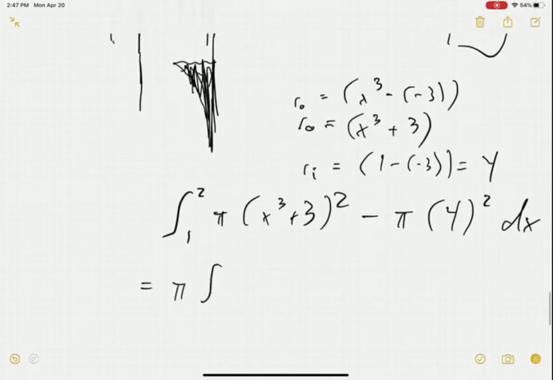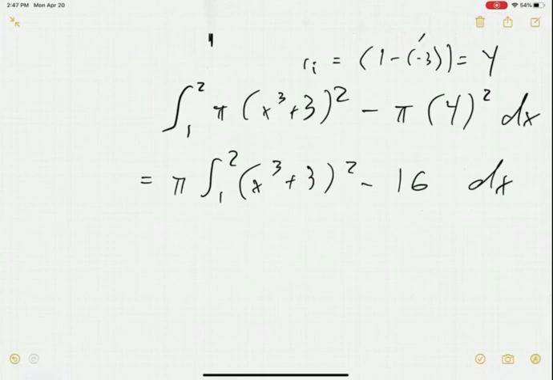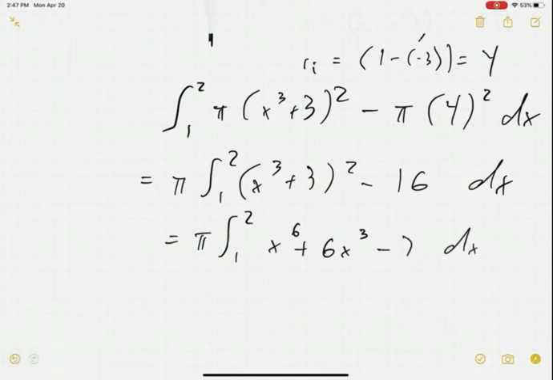Simplifying, I should have this integral,